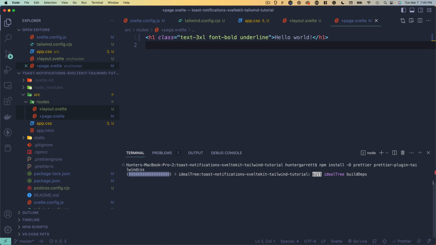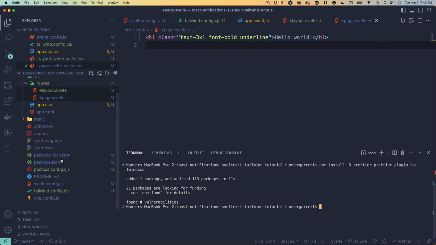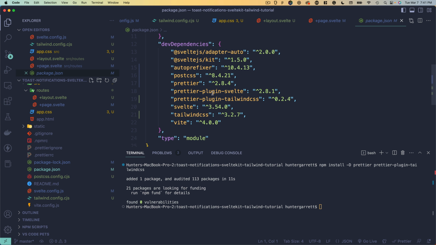The next thing I need to do is copy and paste this command, which is going to install Prettier and the Prettier plugin Tailwind CSS as a dev dependency. And we know it's installing it as a dev dependency because it has this capital D flag following the npm install. Once that's done, if we come down and select the package.json file and come down to dev dependencies, we'll see that we now have the Prettier plugin Tailwind CSS. Now, anytime we save our files, the classes will be organized for us automatically, so we don't have to worry